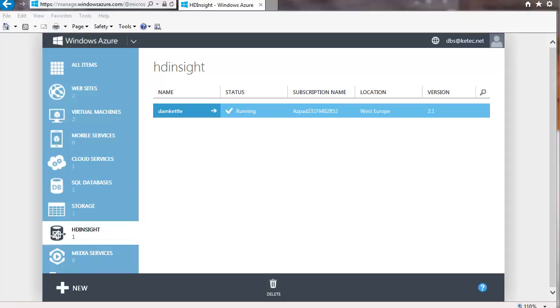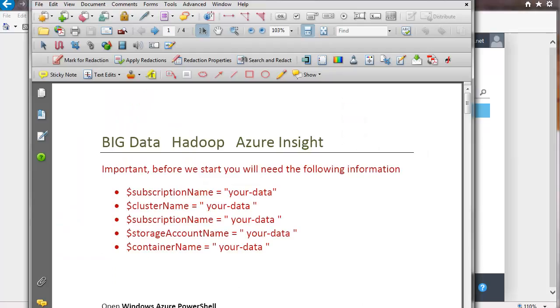In our last video we went through creating our Azure account, and we created a Hadoop Insight cluster running on our system, and we can see there we have it running. What I've done with this particular one is I've attached this